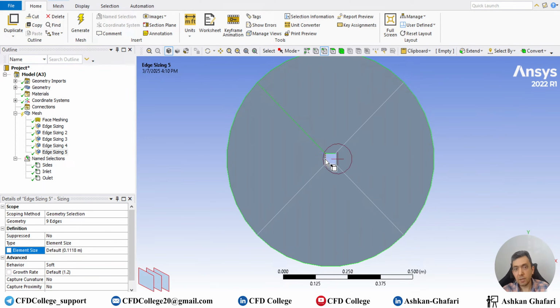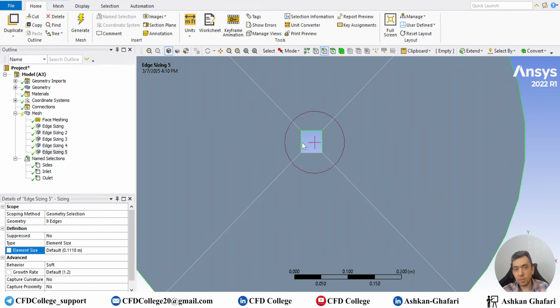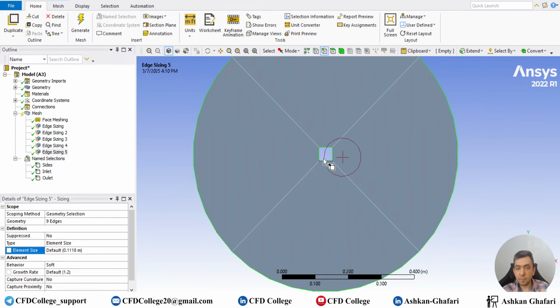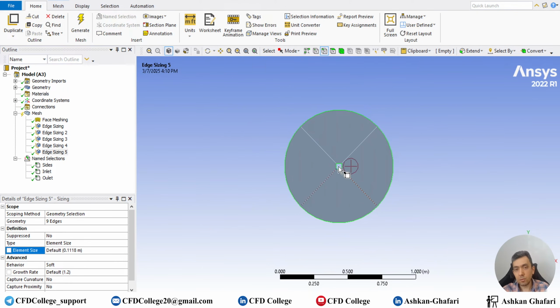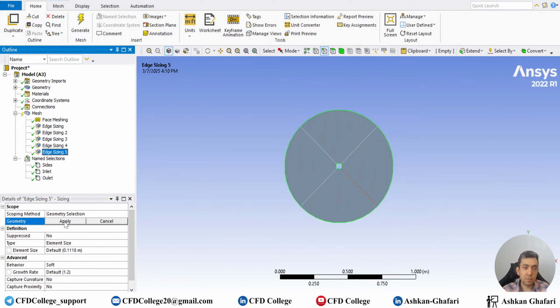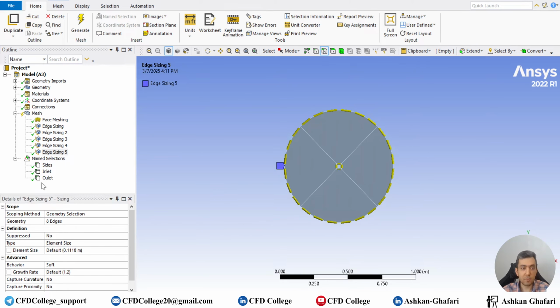So again, if you want to simulate a fixed square, you don't need to slice the geometry. Also, you don't need two zones in that case. But if you want to use frame motion, you should do the same. So this is my edge sizing